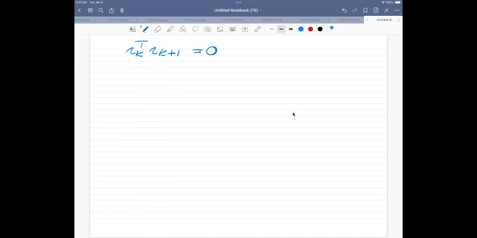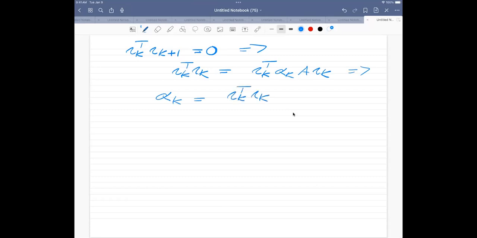And if I then collect the terms which I had on the right-hand side, this is going to give me r of k transpose times r of k is equal to r of k transpose times alpha of k times A times r of k. And that leads to an expression for alpha of k, which is simply given by r of k transpose times r of k divided by r of k transpose A r of k. And this is the same expression which we derived last week in a slightly different way. So then we have an expression for alpha of k,